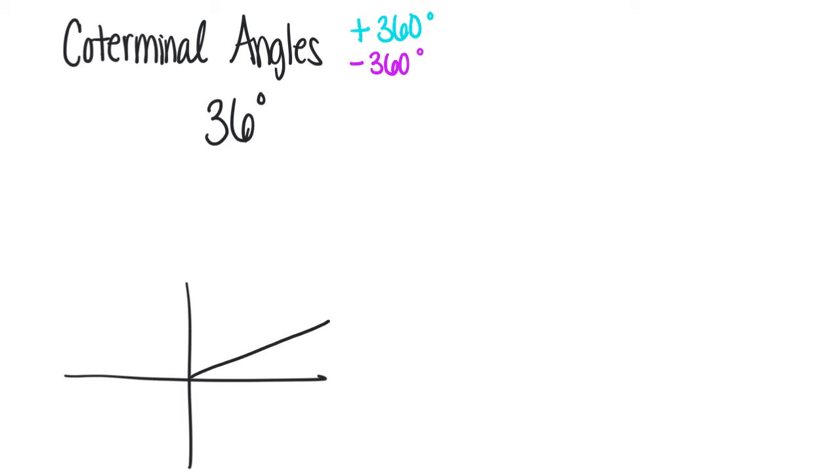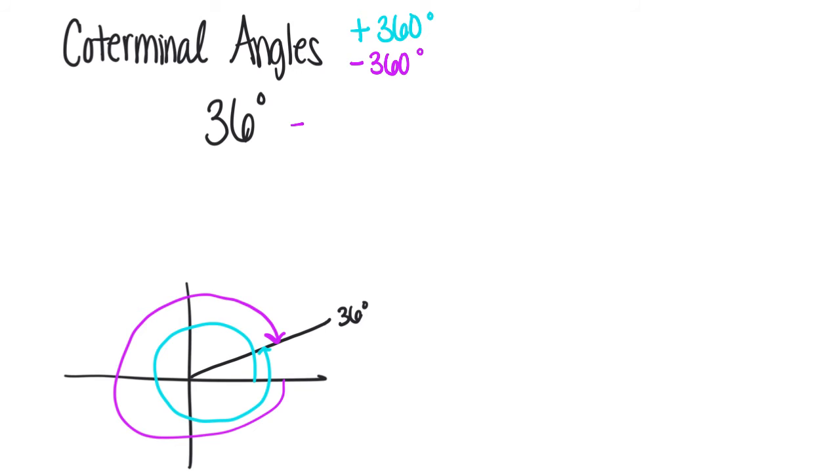And so therefore, if I'm looking at coterminal angles, what I'm doing is finding how many times I can go around and still land at that same location, depending upon which direction I am going, either positive or negative. In this case, if I subtract 360 degrees the first time,